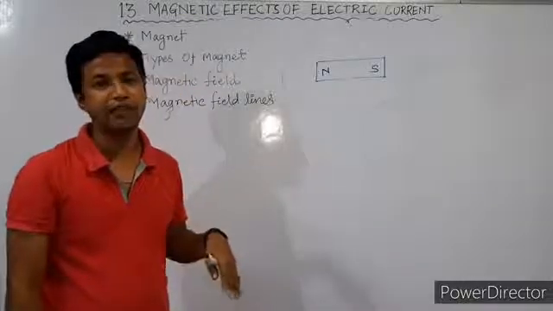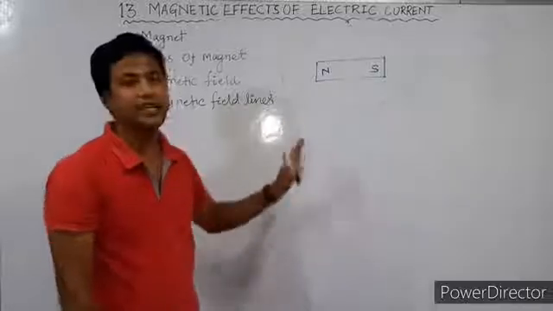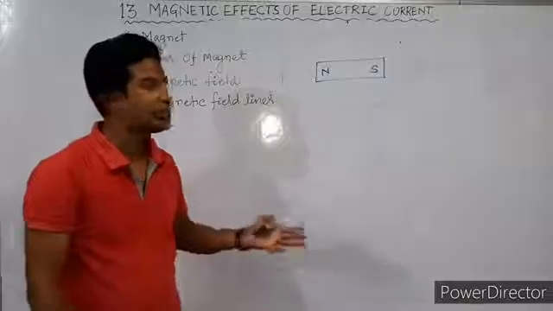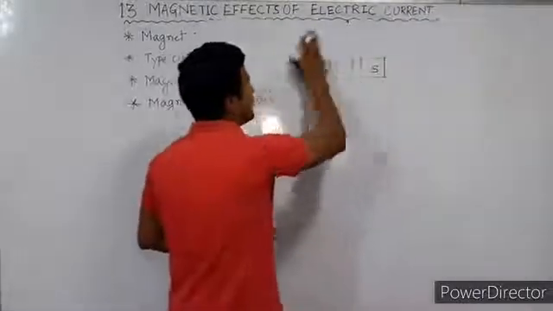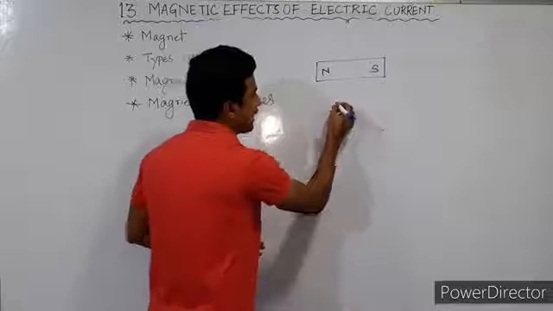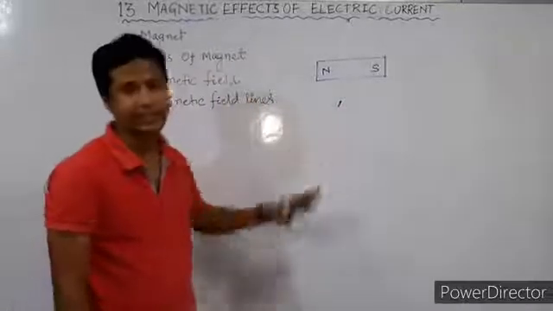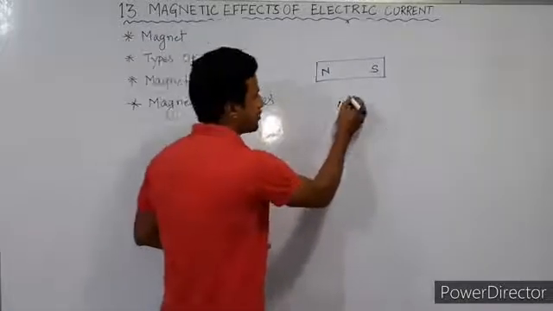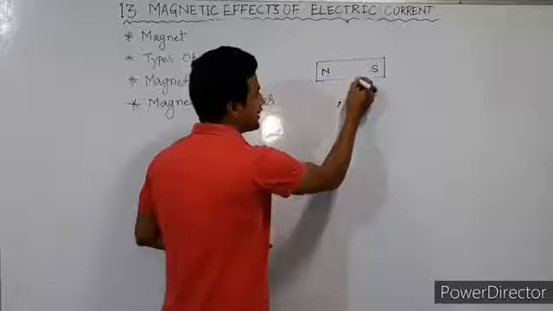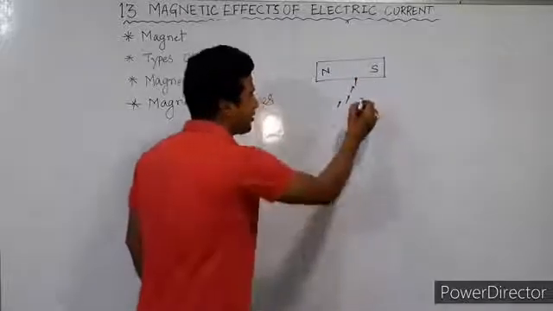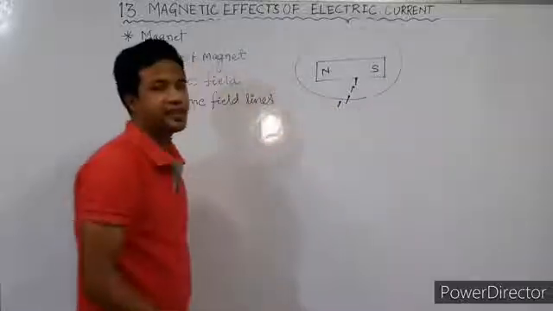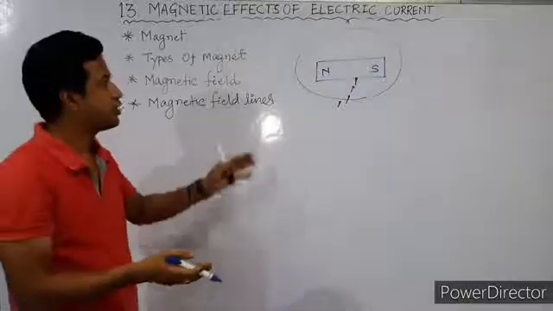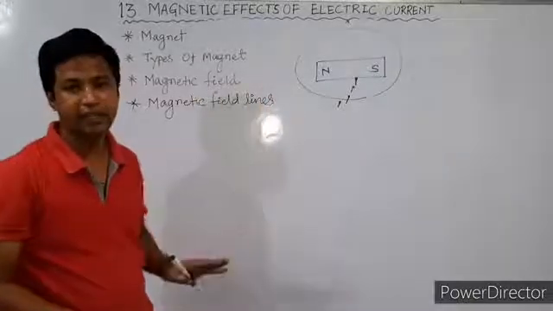So how will you identify where the magnetic field is? It is an invisible field. We cannot find out where the field starts. For that, a simple example is that if you take a small pin nearby and it is not attracted, it means the field is not there. So let's take the pin a little nearer. If the pin is attracted by the pole, it means the field is here. This is called a magnetic field. Magnetic field is the space around a magnet. So that is the concept of the magnetic field.